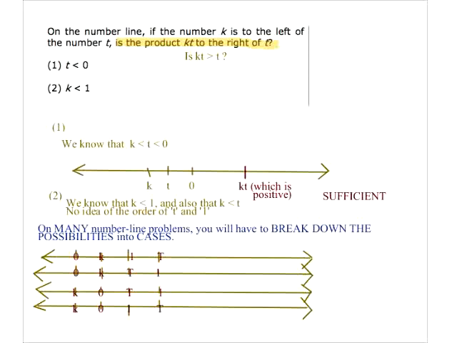Because you've got all these, you also have all the possibilities where things are. So you've also got this possibility here where k and t are both negative. So k, t, 0, 1. I mean, we probably don't have to consider all of this because remember, as soon as we get a contradiction, we're done. But in this case, let's take a look.